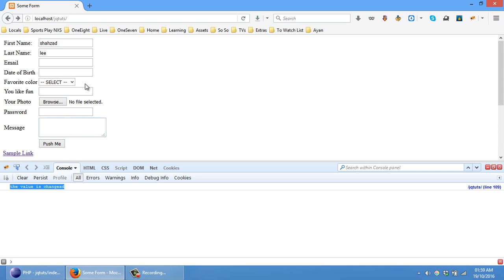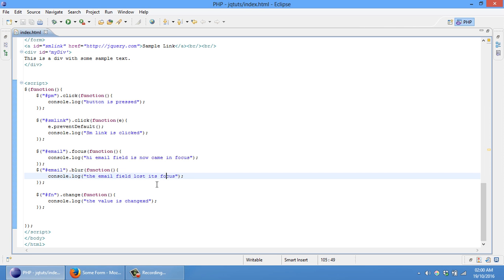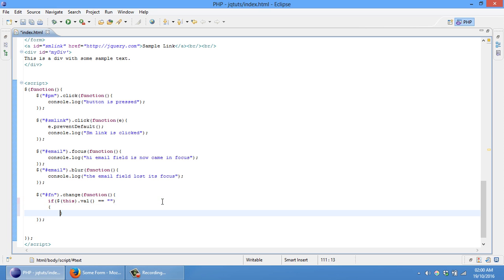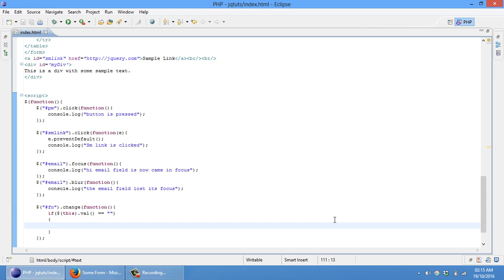This is just an example. We can use all these events for much better things. For example, we want always something in this first name field. So what we will do, we will get its value. For example, this dot val. This will give us the value. For example, if the field is empty, let's alert the user. So what we can do here is